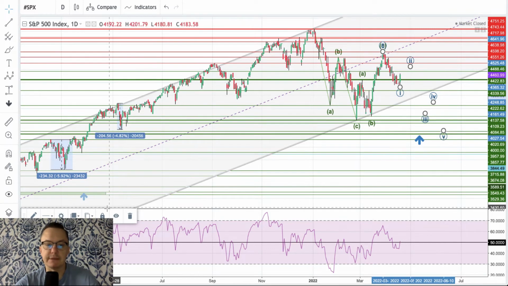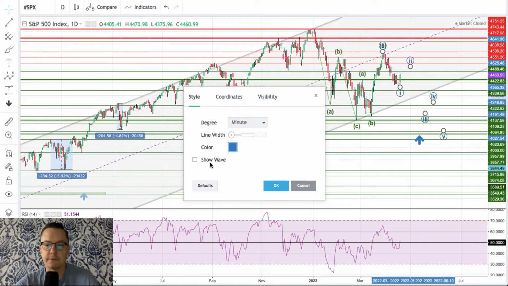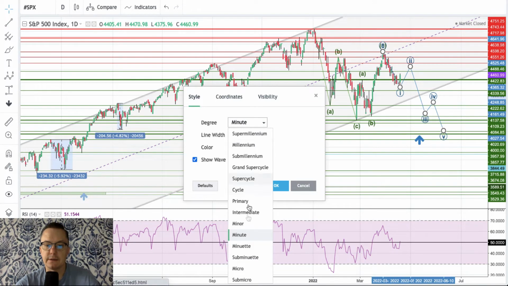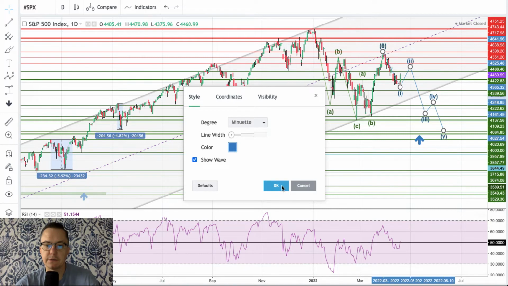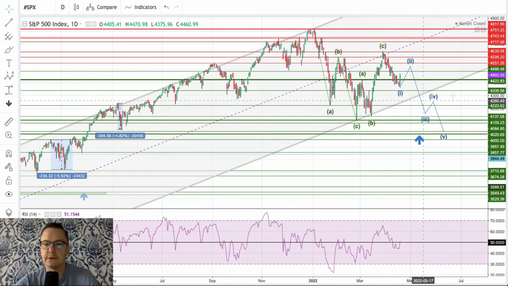in progress. Basically, let me just put the wave here. I will show you the wave and change the outlook. There you go. This is the current pattern for the S&P 500 index. If the high of this wave C, which is at 4,338, is violated, then of course this impulsive structure to the downside is invalidated.